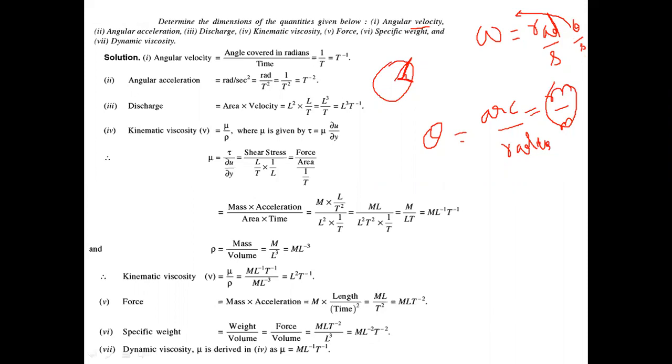So omega is 1 by second. That is what is written here also. Angular velocity is angle per unit time, but angle is a dimensionless quantity, so it is taken as 1. Time is represented with capital T. So the fundamental conversion of angular velocity will be per time, T to the power minus 1. Getting it or not? Sir, if there is no unit, we take it as 1. Yes, if there is no dimension, we will take it as 1.